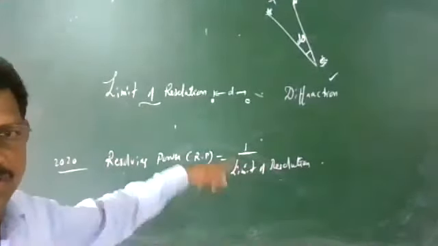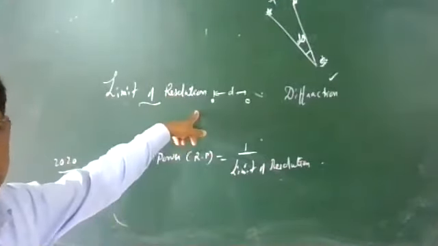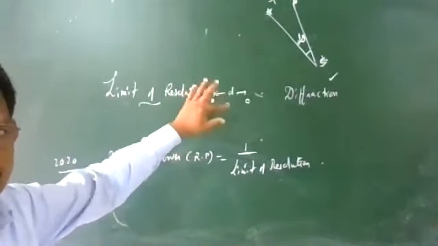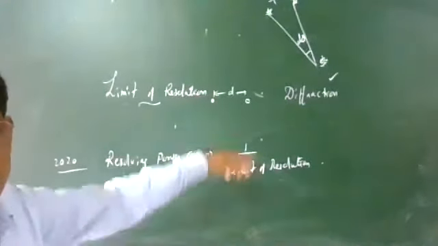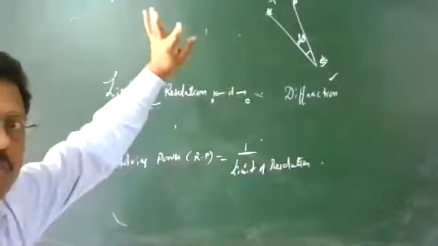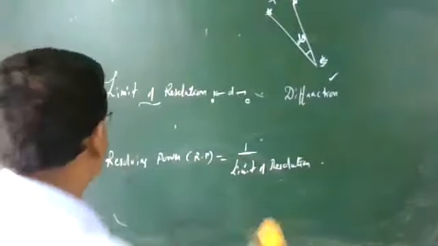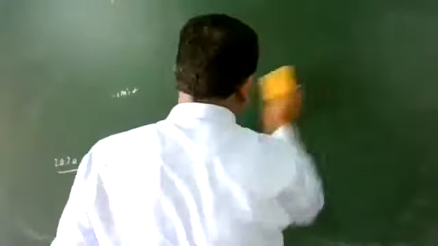What is the limit of resolution? It is the linear distance between two objects that can be seen clearly through a microscope, or the angular displacement made at the eye by two objects whose images can be seen separately. So those are the 2 points here. And for the microscope and telescope, I am writing the values of limit of resolution.